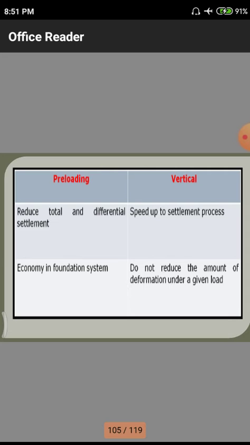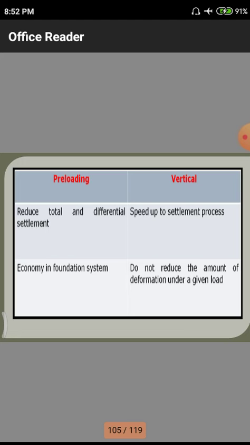But in the case of preloading, the total load is applied using the preloading. Due to the preloading only, the water is transferred from the soils into the sands. Next one, economy in foundation system. In preloading we normally use a huge amount of material on the site itself, so it will be economical to the foundation system. After the foundation, we need to fill the total ground with another material, so that it brings some economy to the constructor or any other supervisor. All are having some amount of settlement and economy purpose.